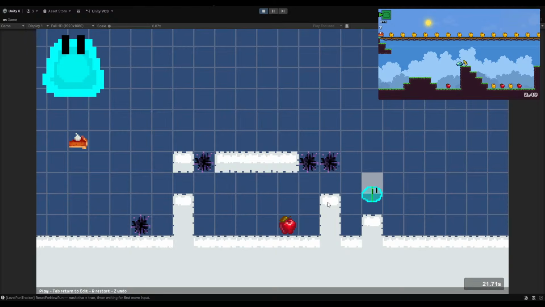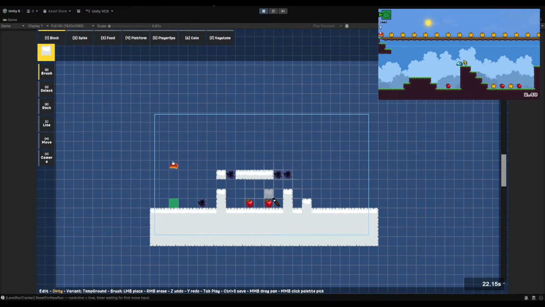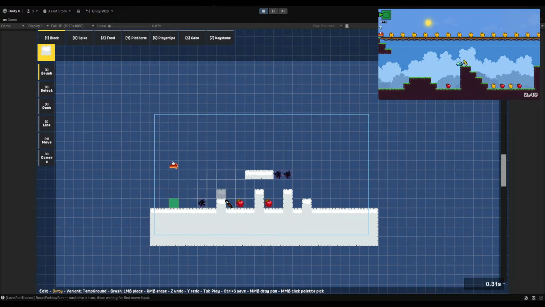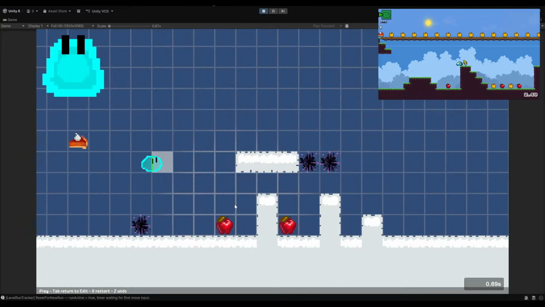But that's not quite clear, is it? I don't think that's clear enough. If I do a platform there, it is a lot more clear though. Actually, I like that. So if I do platform there, then it's pretty clear that, hey, maybe... Yeah, I'll still leave this spike here maybe, just so they see, spike, you touch, you die. But this is pretty clear that I can't just jump across. So I have to use a dash to do this. I think I like that.